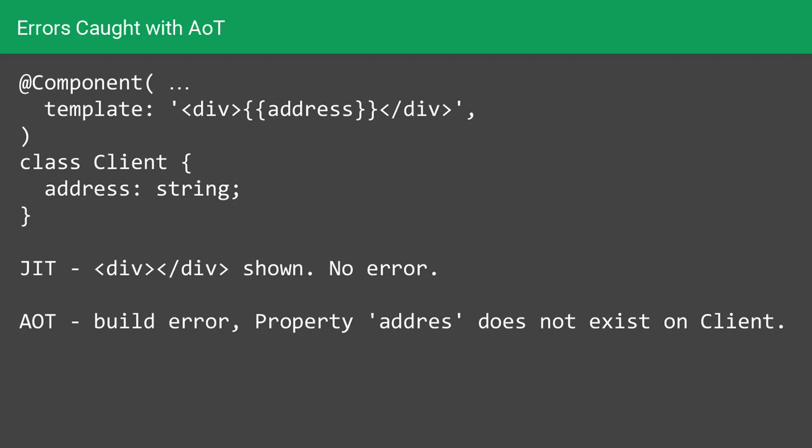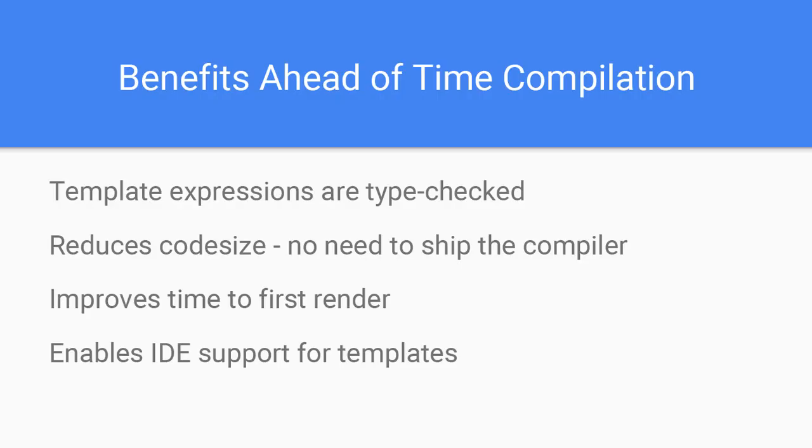And notice it's not just that AOT is linting or parsing the template, it's just transforming it and letting TypeScript do the type checking. So the tool that's best at it does its job. All we do is transform it ahead of time. Hence AOT. So we get one benefit, which is type checking. Turns out there are 4 benefits. So that's why we're so excited about this feature. They all feel like different types of benefits. It's almost surprising that one idea would give you 4 very different benefits. But you get type checking, so that's good,